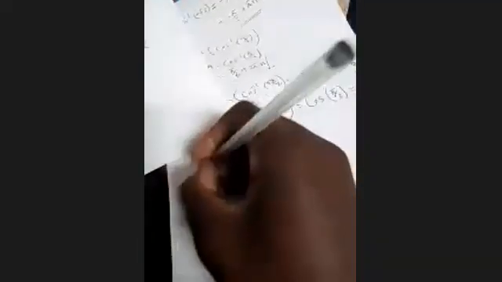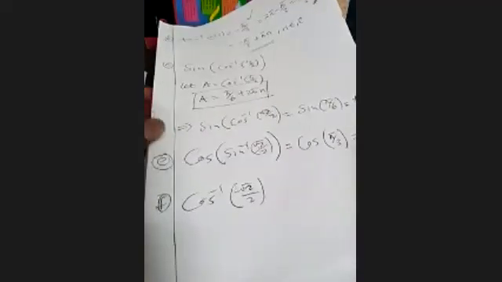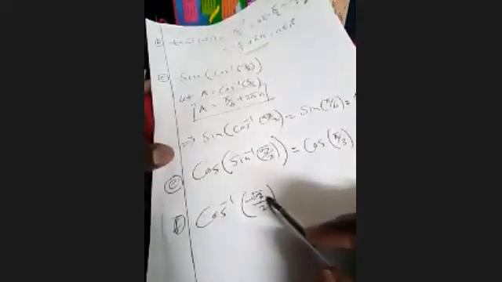Okay, this one on this part, part F. Cosine inverse of negative root 2/2. So what is cosine inverse of that? So when is cosine giving you this value? That's the question. So we know that